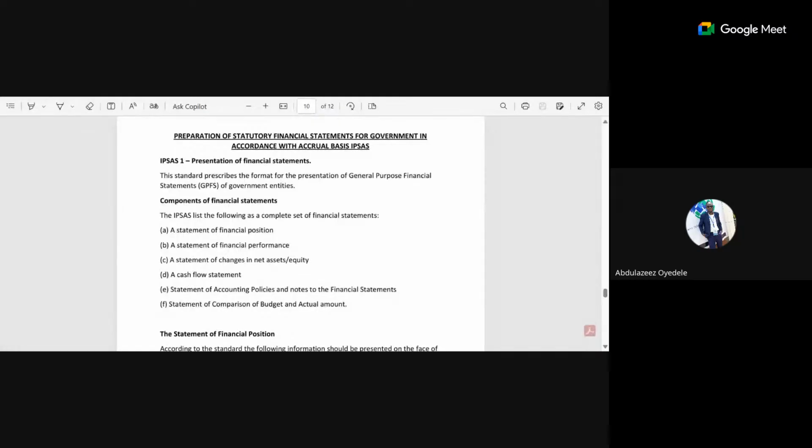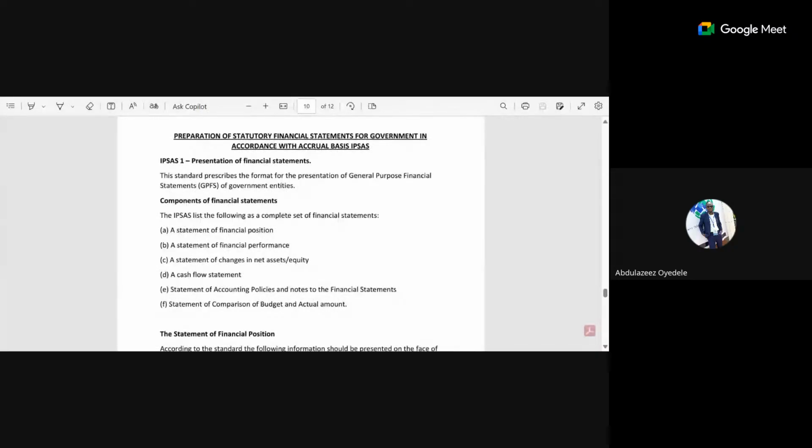All right. Or sometimes you call it consolidated revenue fund balance. That is, by the time you add your surplus to the balance you have in your consolidated revenue fund, you have a consolidated revenue fund balance. But what you arrive at eventually is surplus. By the time you deduct your expenditures from your revenue, you get surplus instead of getting profits, as is the case in the private sector.